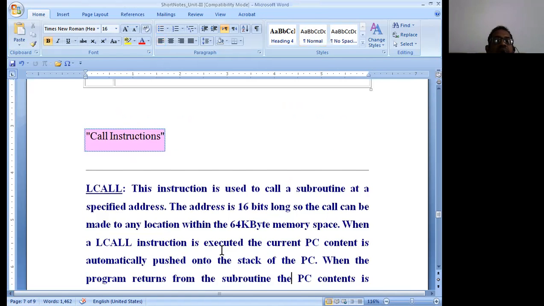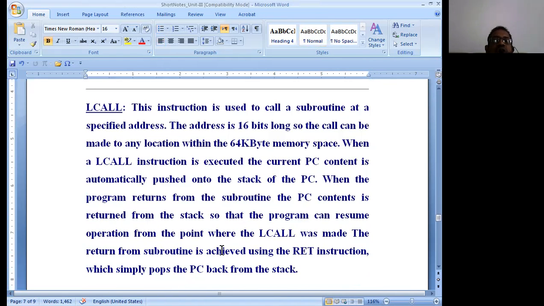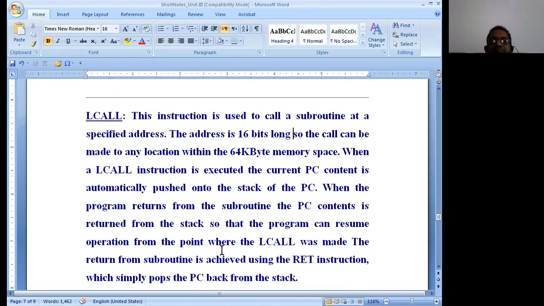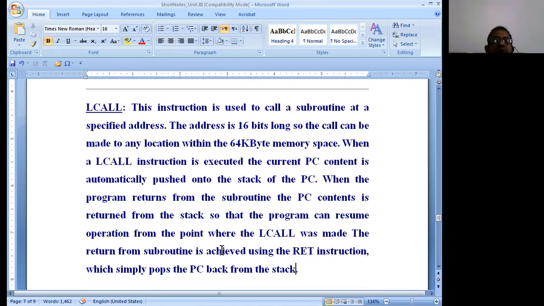Then the next type of jump is the call instruction. The call instruction is normally implemented with the stack registers. It is something like the implementation of a function in the C programming language. Whenever we call a function in a C program, what happens? Before the control goes to the function called from the main program, the next instruction of the main program is stored in the stack, and the control goes to the subroutine or service routine.